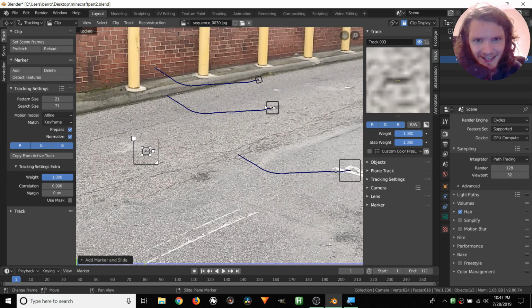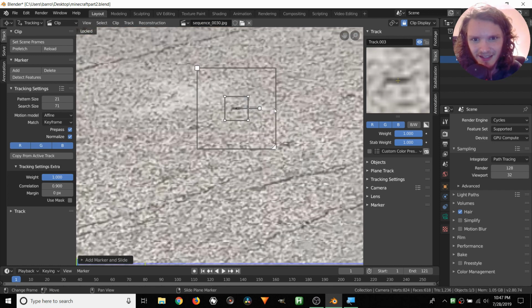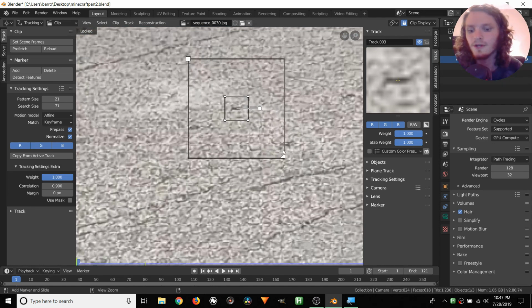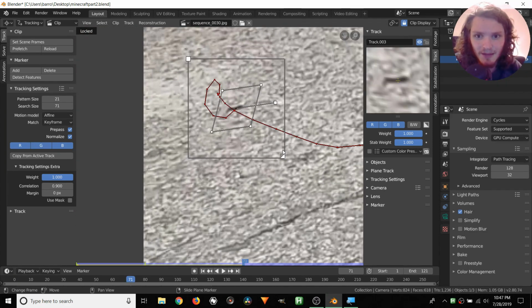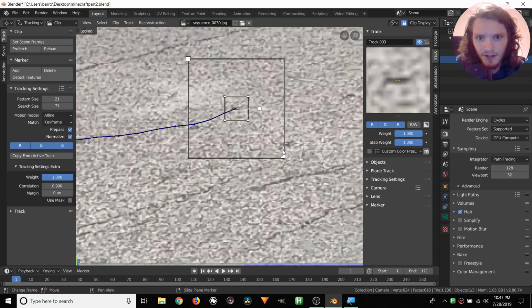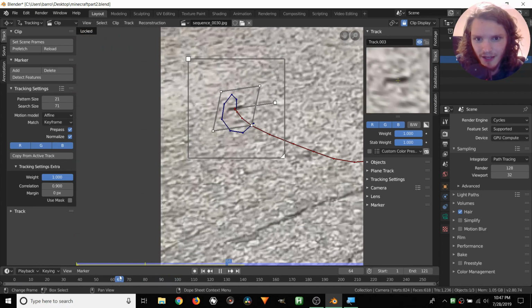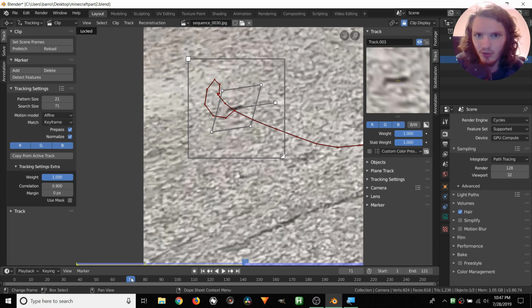There's a word for this. It's not as ridiculous as this white spot. So we'll do this, scale it up, Control T, and it made it almost all the way. And again, it stopped tracking because, well, there's a couple of reasons, but the most likely reason is it's trying to match the pattern on the first frame. It's trying to look for this design, this pattern on every single frame. And here is where it starts looking so different because of the perspective changes that it can no longer grab on.